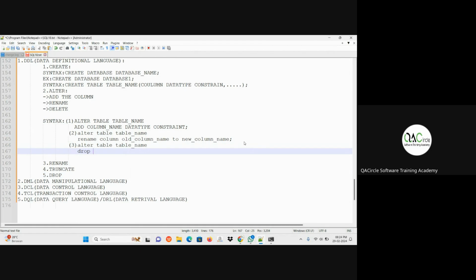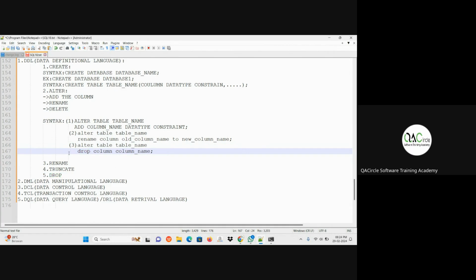Drop, then you should mention the column name which you want to delete. You should not use the delete statement. You should use the drop statement.